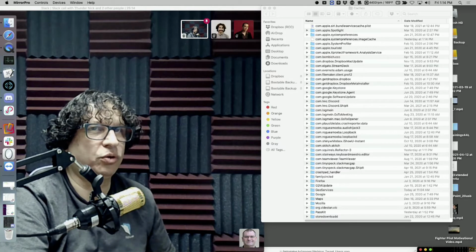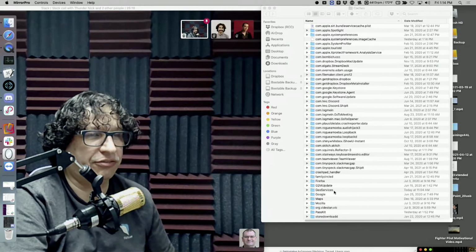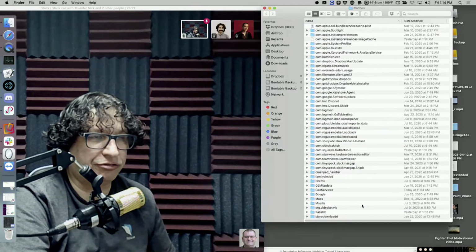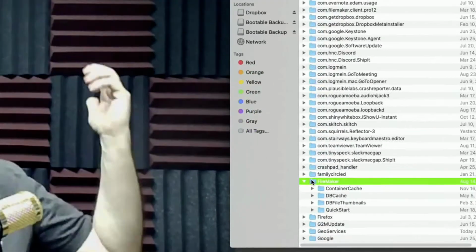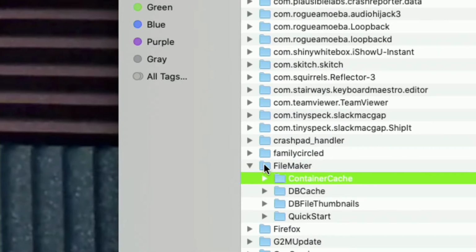So it depends on what FileMaker wants to do with the file at the time. If you don't have the appropriate deep and advanced privileges on the file, FileMaker will try again until it says, okay, it's gone. So you're going to find this FileMaker folder. I'm going to click on it and press Command Delete to move it to the trash can.